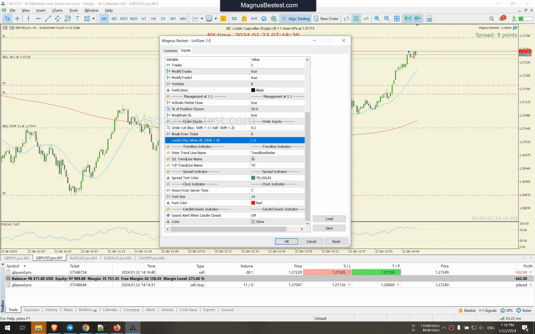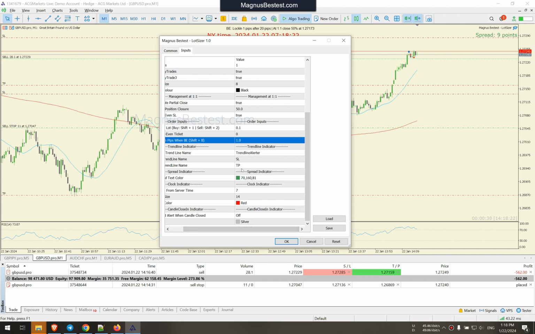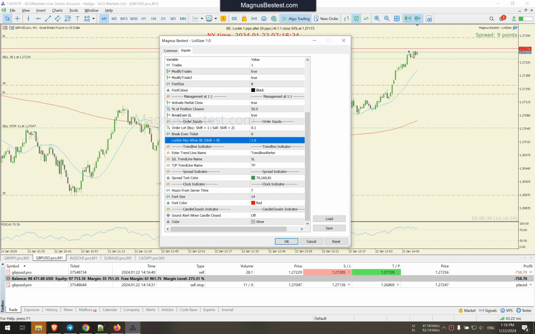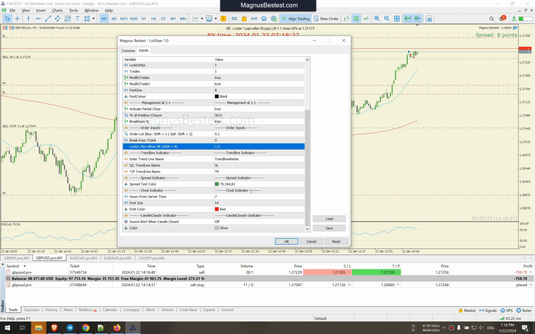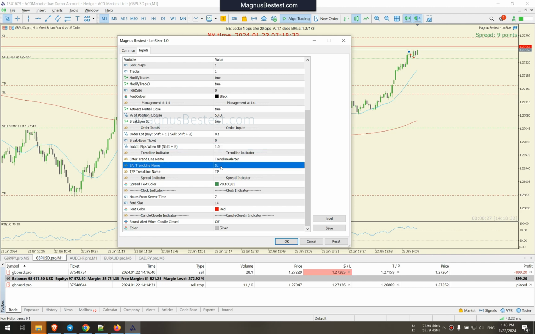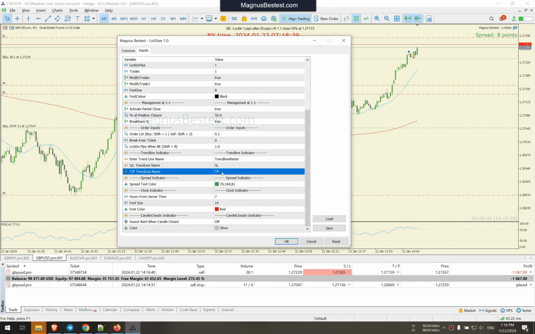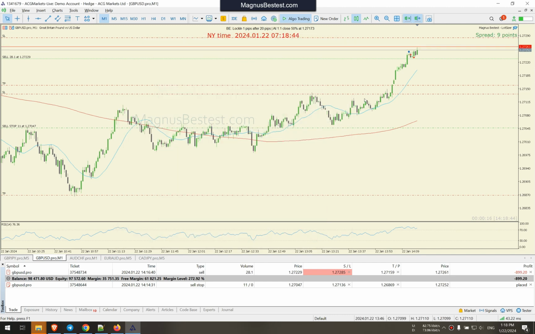What else? We have a trend line. Very good, useful stuff. So basically you can draw a trend line. Name here is the name you want to sell for a closing trend line. So it will be SL by default, TP for take profit trend line by default. So you just drag a trend line